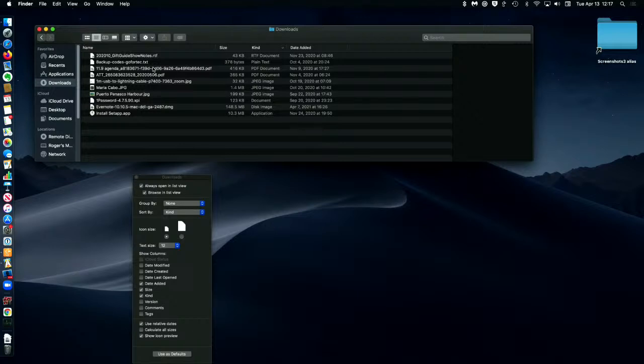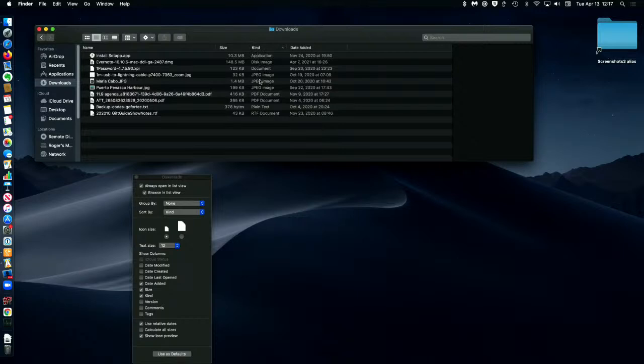So you need to go into the downloads folder maybe once a month, maybe more often if you get a lot of attachments like pictures and things to your emails. And then the easiest way to sort out the things in your downloads folder is to click on the Kind column by clicking on the word Kind. And now all of the like documents are here